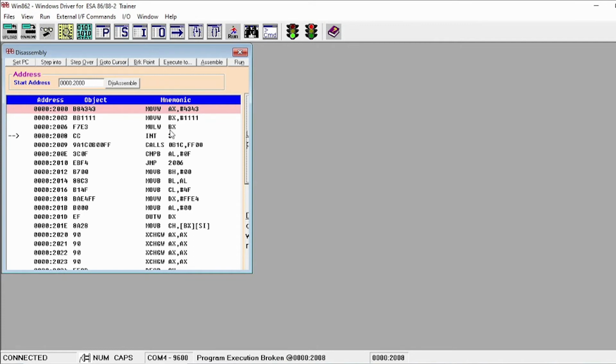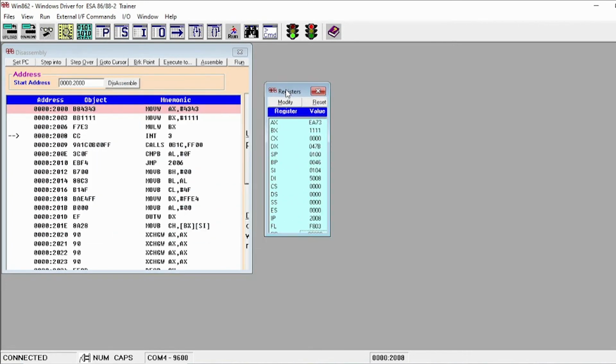This is the general format of the multiplication operation. The result will be stored in the AX register and also the DX register. Since we are multiplying two 16-bit data, the multiplication result will be greater than 16 bits. So you have to consider the register AX and also the extended accumulator register DX to see the 16-bit multiplication result.